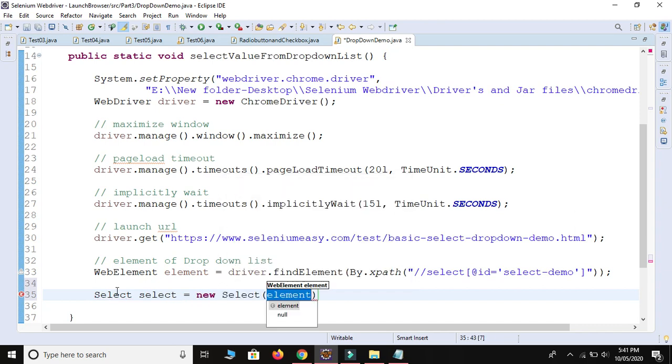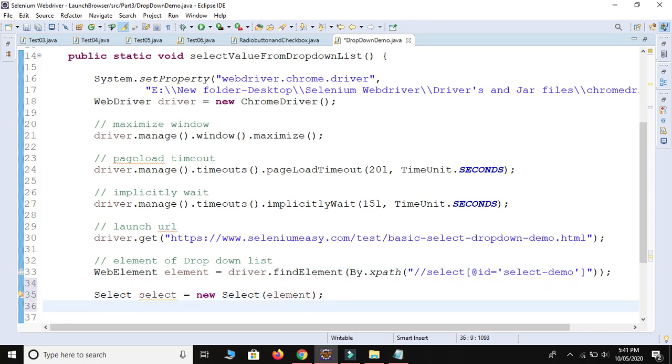Okay, and we need to provide the name of the element where we are going to select some value. We already defined our web element, and from this web element we are going to select some value. When we use the Select class, it means we need to define from where we are going to select some value. This is the parent element and it contains our value in the form of sub elements.